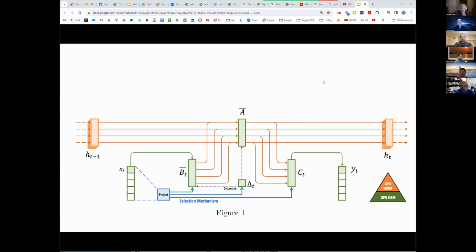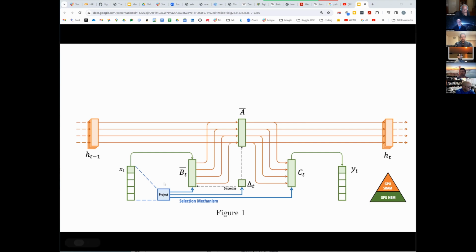Again, we've talked about it before, but in Mamba, one of the things that they did is they allowed B, unlike what was it, S4, they allowed the B and C matrix to be modified. So it's not constant throughout the entire sequence, it's modified, and in fact modified by the inputs,